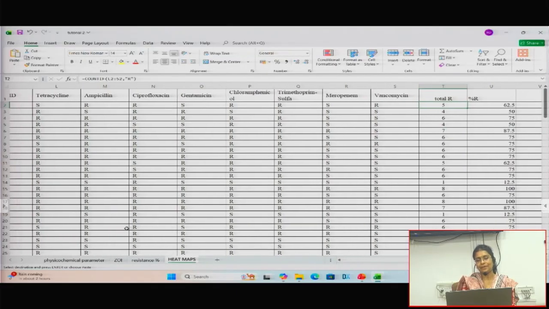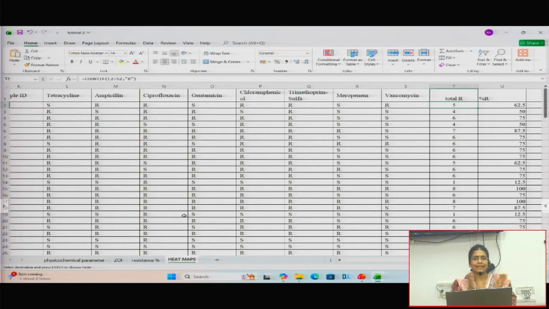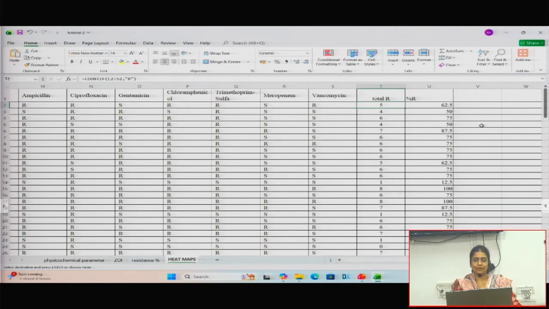See, I'm having these 40 samples and I'm having data for 8 different antibiotics. You might be curious. Now you can probably do a bar graph and check out of these 40 samples which is an alarming sample. Here you'll get some variation. In the earlier case you were not getting it. Here if you see, there is 12.5, there is 100, there is 0, so there is a huge variation. Have a look, just let me know what answer you're getting. Did you get what I'm asking? A plot in which between these 40 samples, which is the sample having the maximum resistance. So I wanted it like a bar representation with percentage resistance.